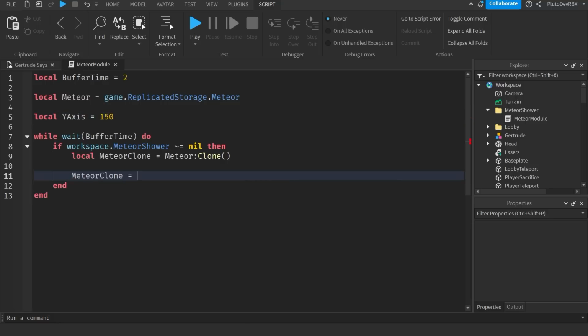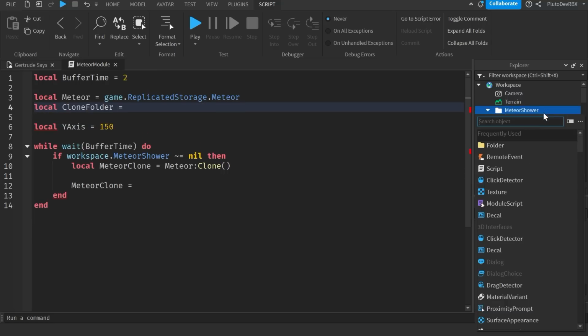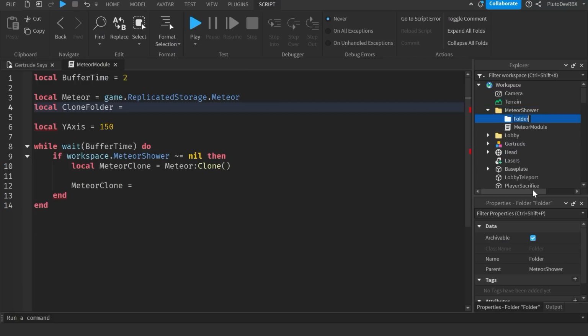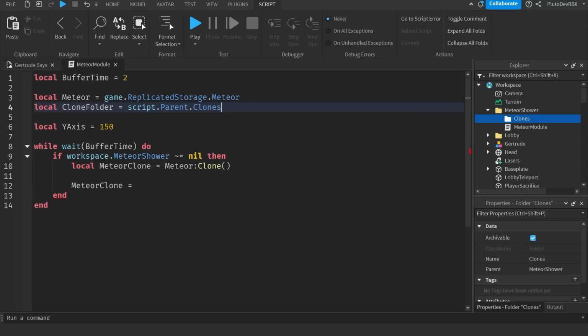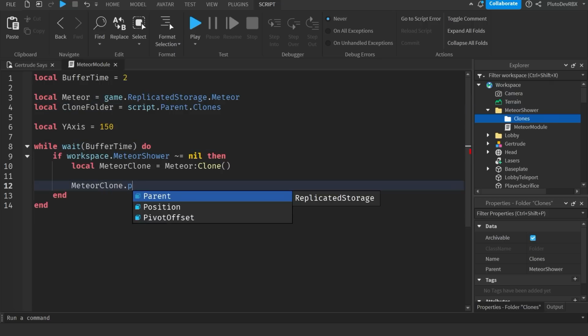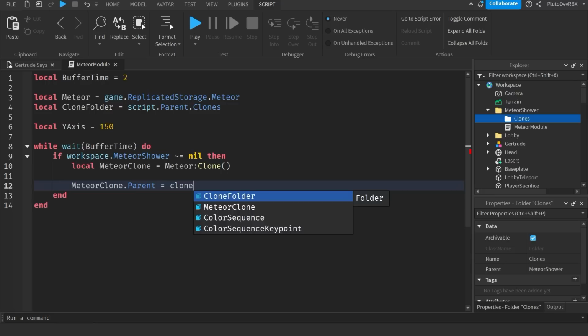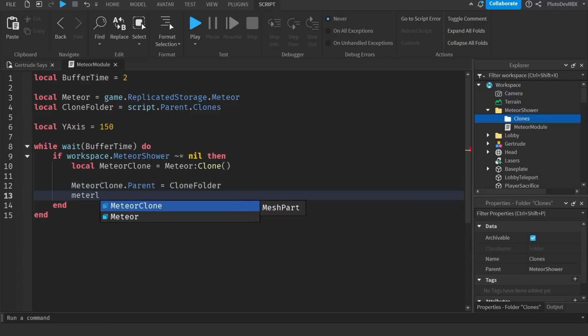So here we go. We actually need to add a meteor folder. So local clone folder equals script.Parent.Clones. Okay, so meteor clone parent equals clone folder, then meteor clone position equals